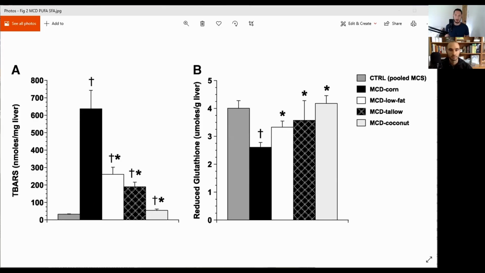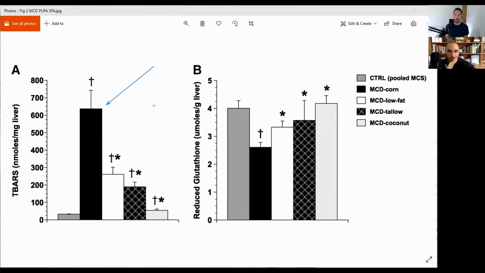But anyway, circling back to that study, they were using a corn oil diet, but I also wanted to highlight that they were comparing with the low fat diet. There's this graph that they have, and they're looking at TBARS, which is an indication of lipid peroxidation. They've got the control, which had no lipid peroxidation. Then these are all the methionine and choline deficient diets: corn oil, low fat, tallow, and coconut oil. They found that there was by far the most lipid peroxidation on the corn oil diet,